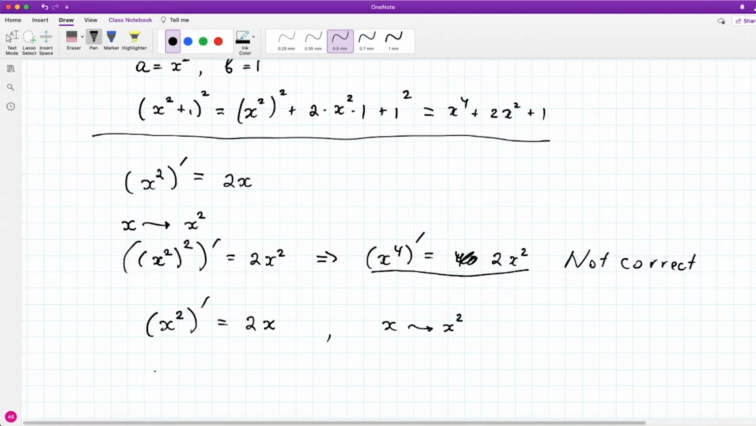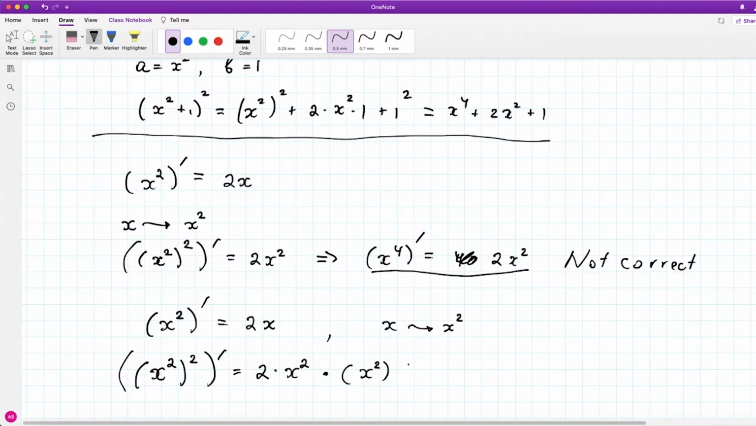And so this is how it would look. Replacing x with x squared gives us the derivative of x squared squared equals 2 times x squared. So far all I did was replace x with x squared on both sides, but now on the right hand side we need to multiply